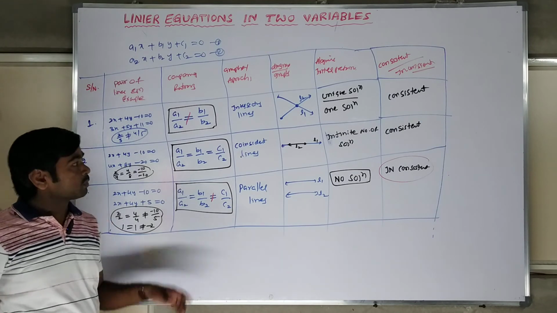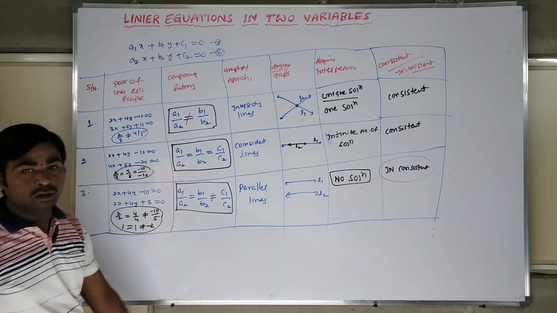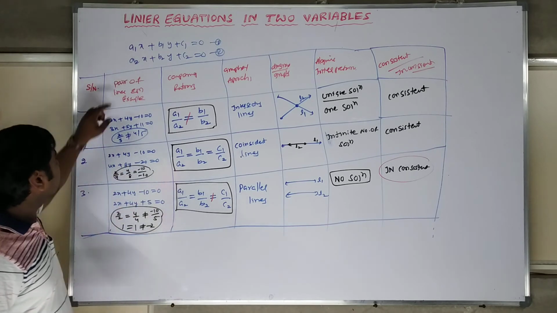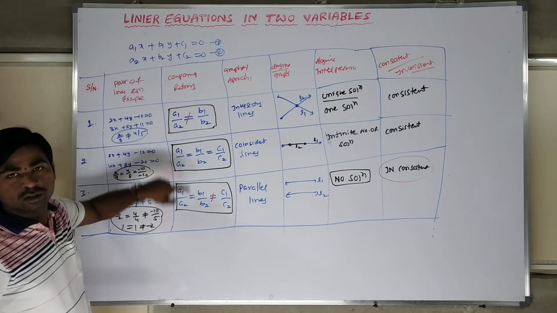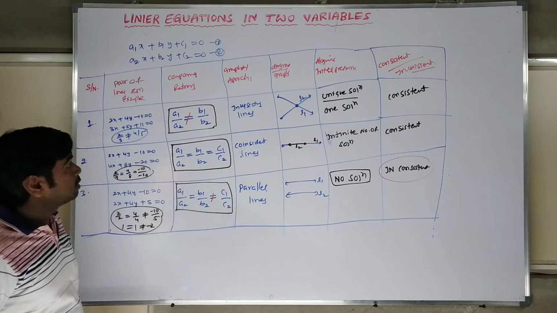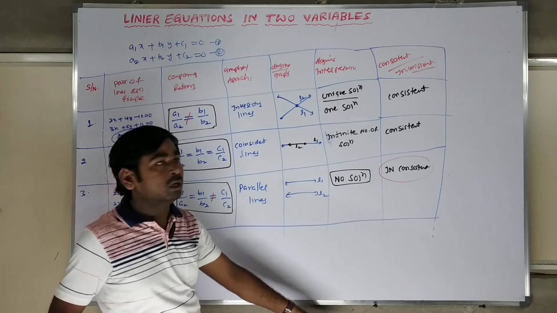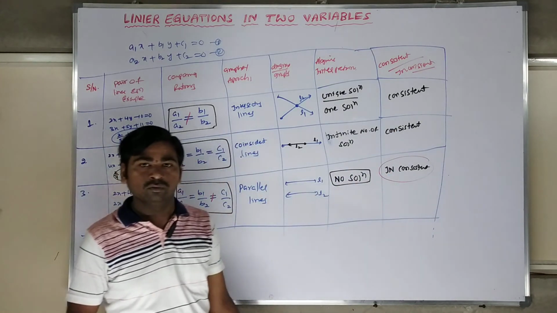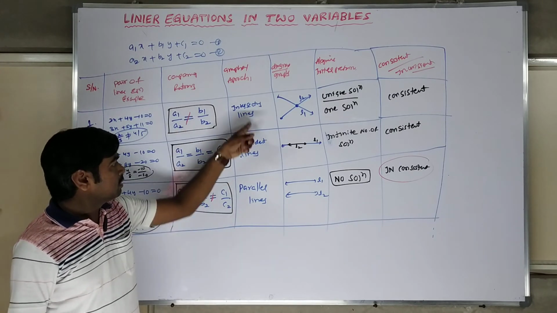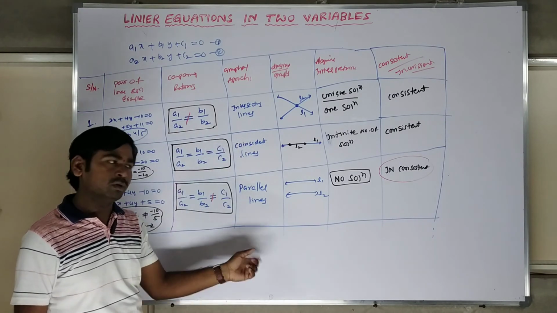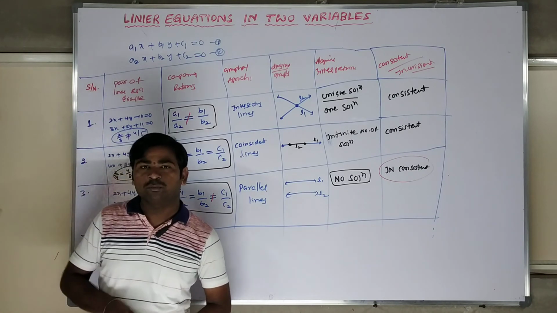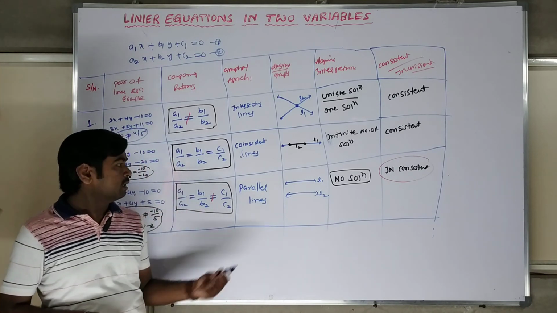In the next class, with this knowledge, we can do the approaches. In your examination they will give equations. Please check these conditions: the nature of the graphical approach, the nature of the solution, and whether it is consistent. We have a number of problems and exercises. The concept is to compare the corresponding coefficients. We can give the answers without solving the equations, an approximate analysis. Okay? I think it is very clear.